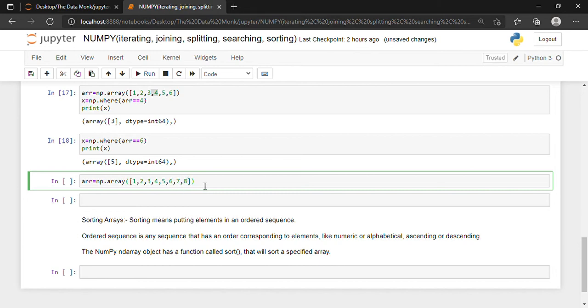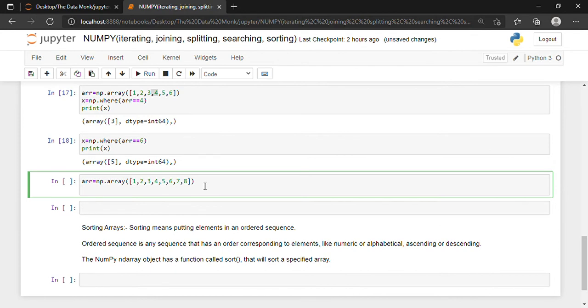Now I want all the indexes where the values are even, okay? So I'll write x is equal to np.where(arr % 2 == 0). Now don't worry, I'll be explaining everything, okay? So basically what I have done, see,